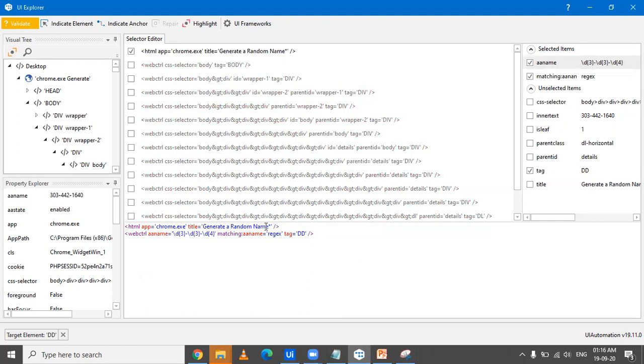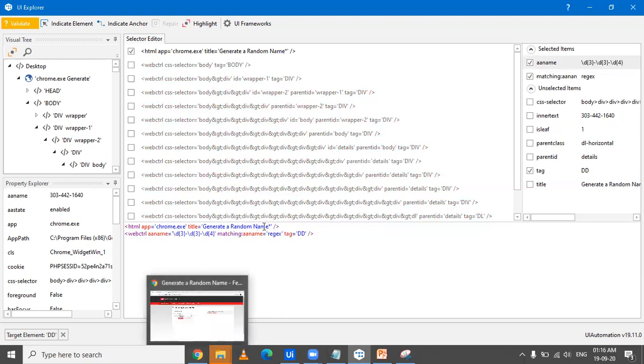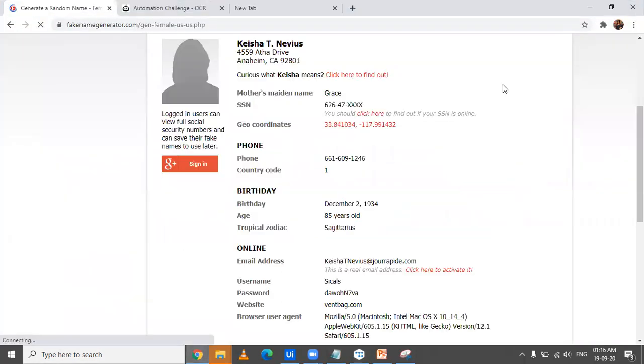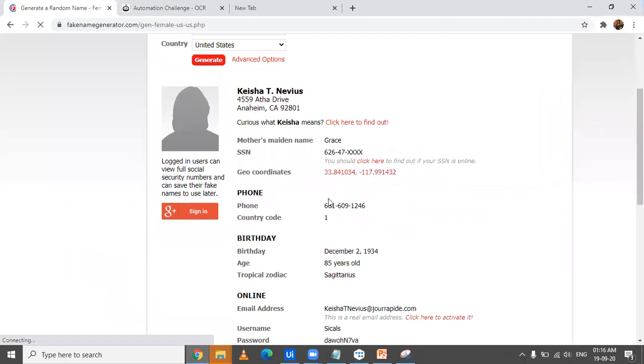Okay. Meanwhile, if we want, we can even make a regular expression out of this thing also. But if you see closely, there is no requirement of making the title a regular expression, because generate a random name is something which would always be present. There is a possibility that all other text next to it gets changed. So for that, we have used the star, which is also a wildcard character used in regular expressions. So now we've got this thing. We've got another phone number, and the loading has been completed.